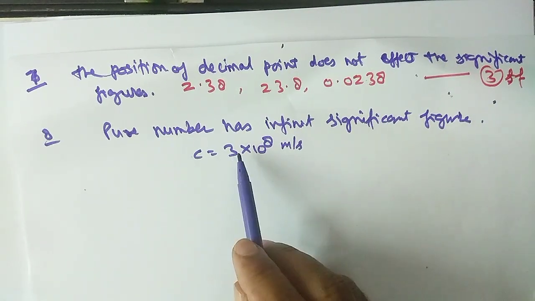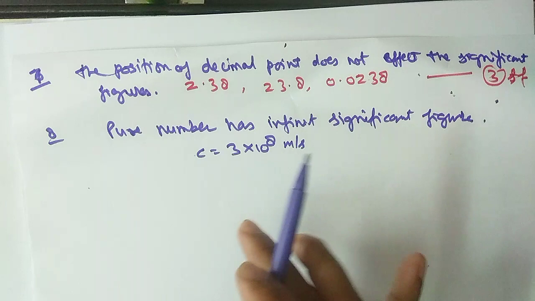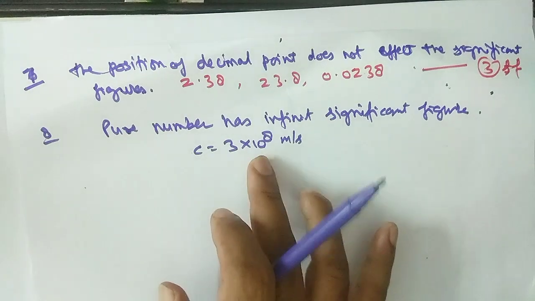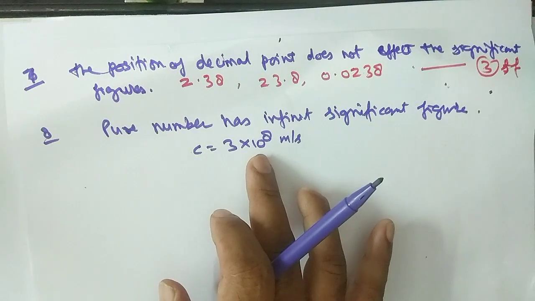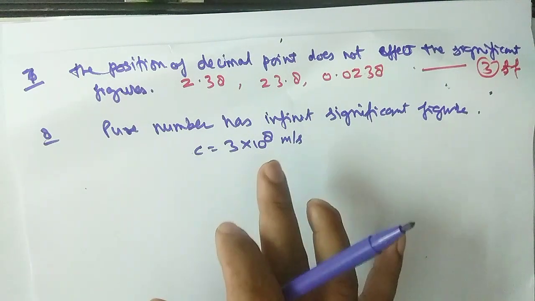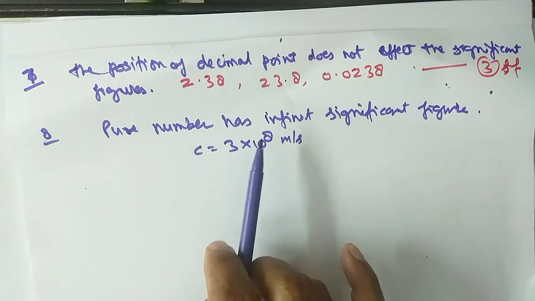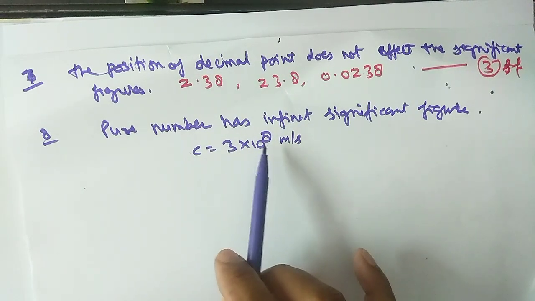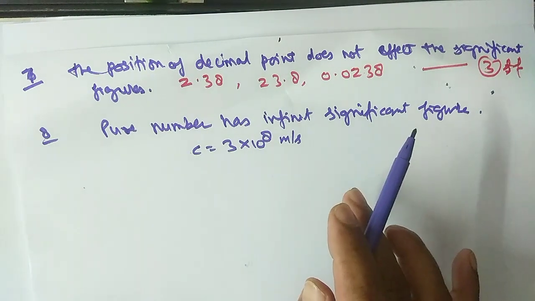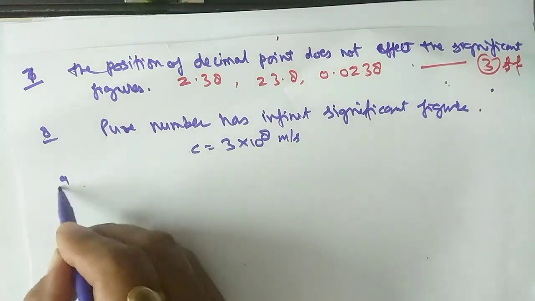it is a pure number and there is no doubt on this number. If there is some doubt in a number, only then can you write its significant figures. It is not a value after measurement; you are not measuring with any instrument. It is a constant value given as a standard number. So these standard numbers or pure numbers have indefinite or infinite significant figures. Just remember.